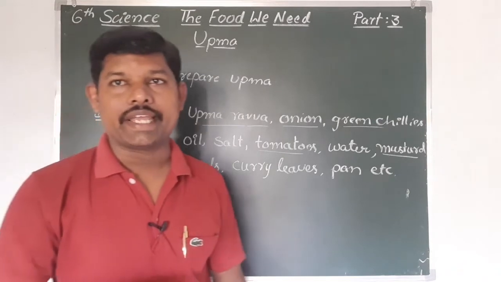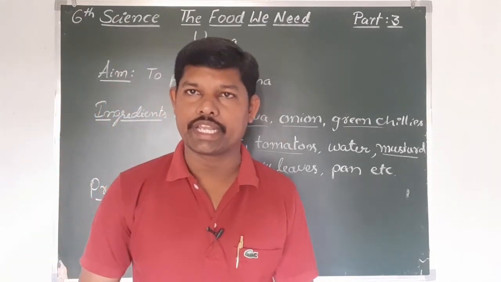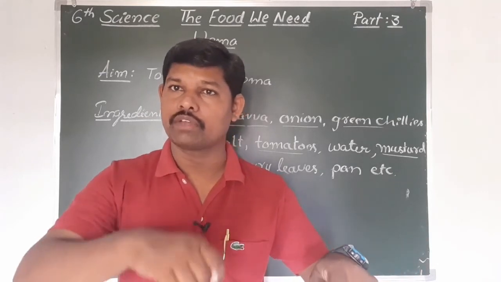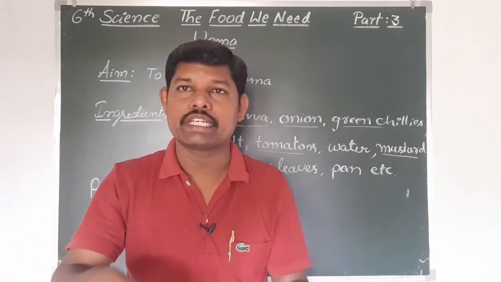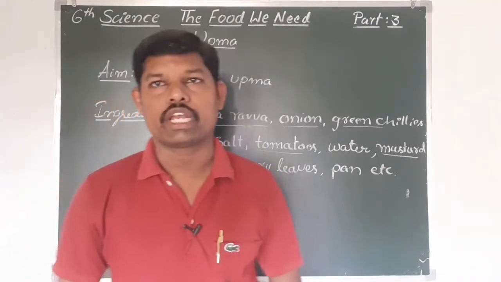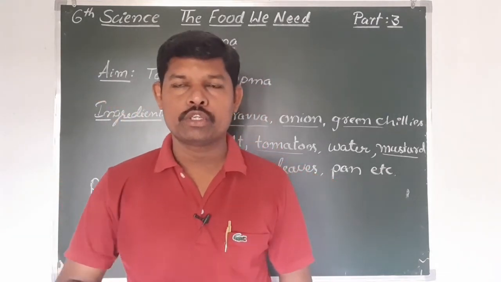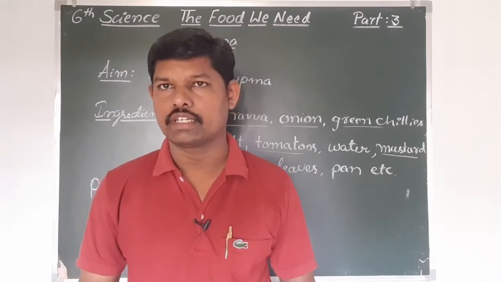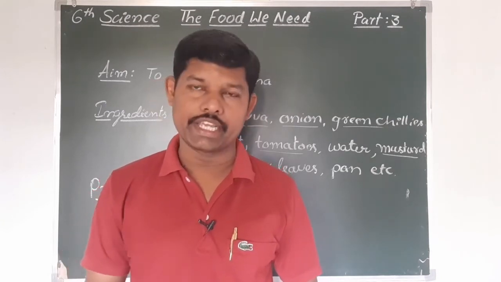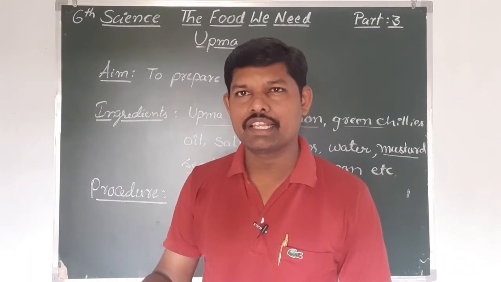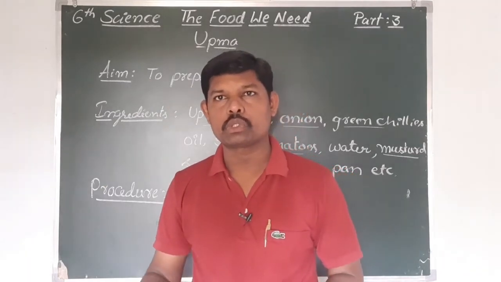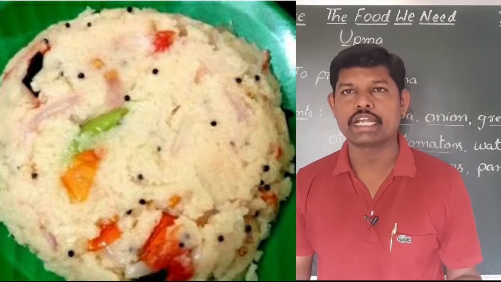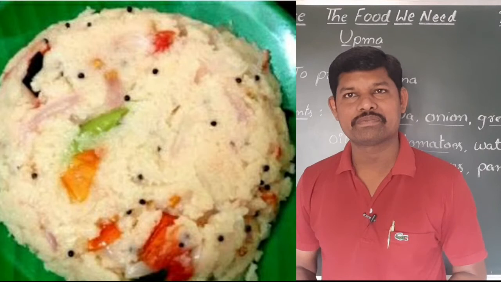While adding this rava, you have to take care. Add the rava with one hand, and with the other hand mix it properly and thoroughly, stirring well. After adding, stir it well again. After stirring well, you have to wait 2 to 3 minutes. After a few minutes, it becomes thick. Now the tasty upma is ready.